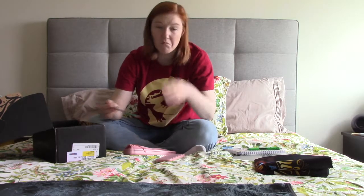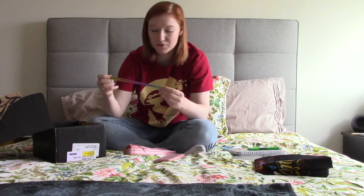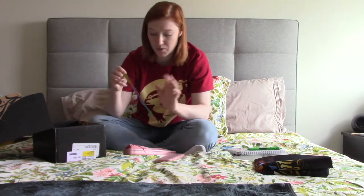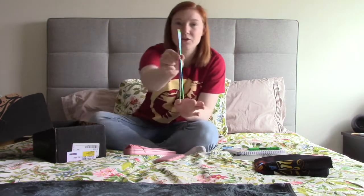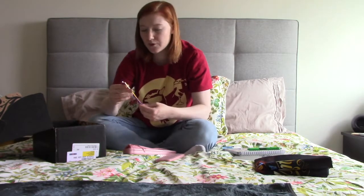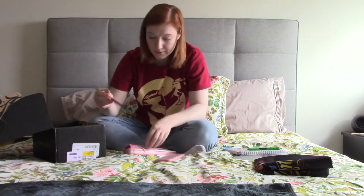but I like using them, and I've actually really wanted a set of reusable ones, so I really like that. If I ever go out in the future, I can take them with me. They have a little crescent moon on them. I don't know if you can see them. I'll have a close-up for you at the end, of course, of everything. Yeah, I really like these. Okay, what else do you...